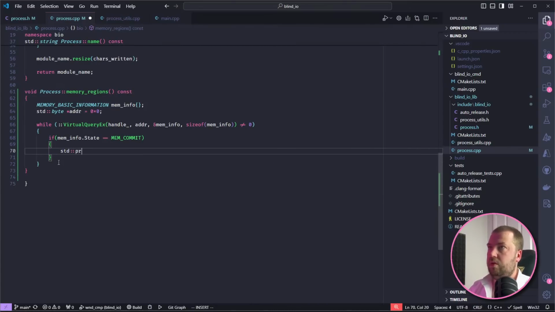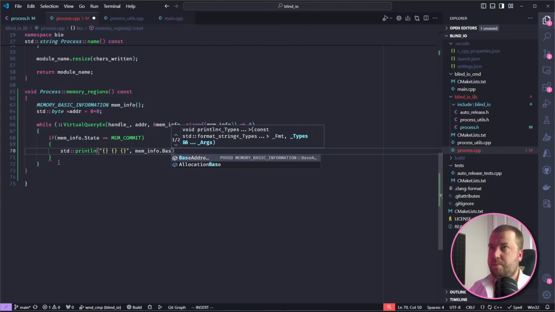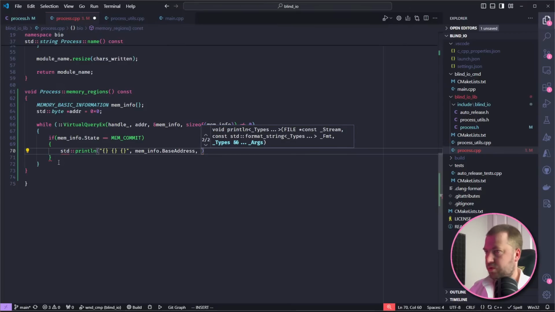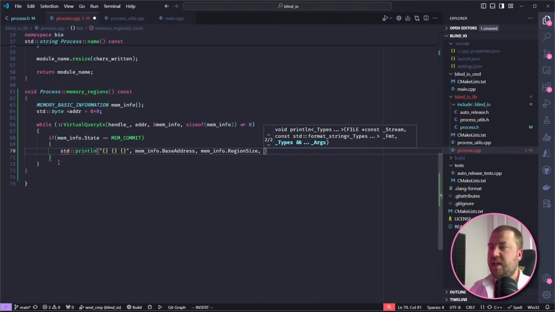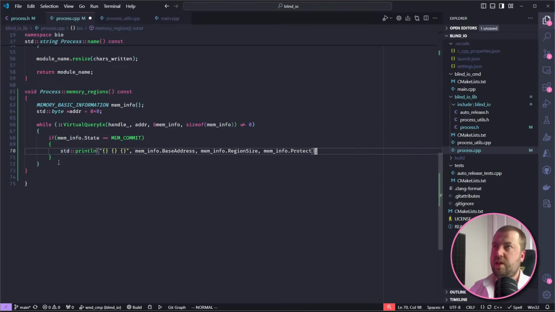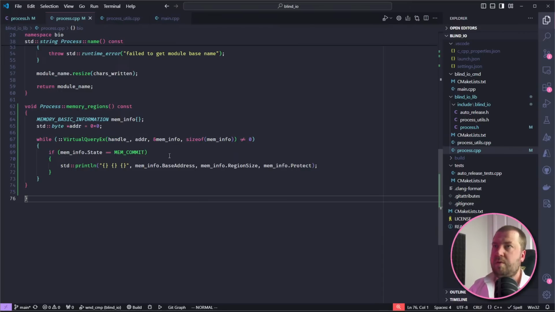Let's use std print ln. I'm going to want to get the three bits of information that I said we care about, that I've already forgotten: the mem info base address, the mem info region size, and the mem info protect. So I think that'd be a good place to get a start.